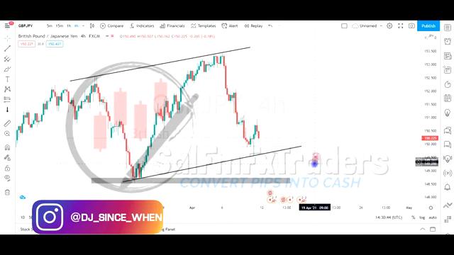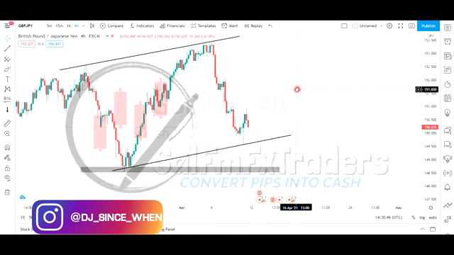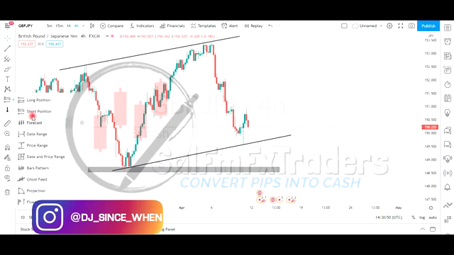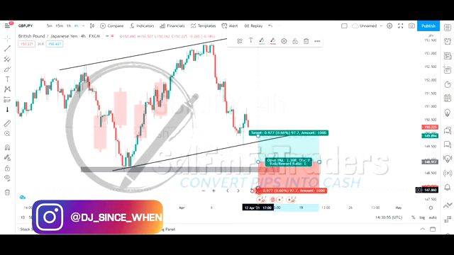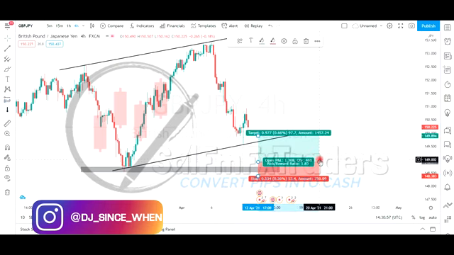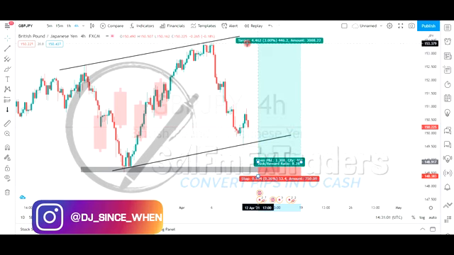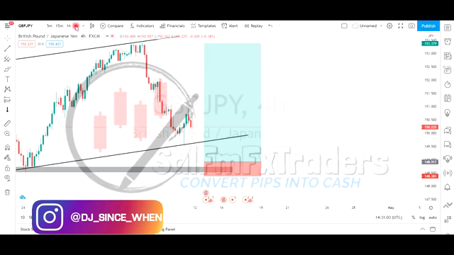But currently I'm looking for buying opportunities. Should the market shoot down first, then I would know that my entry will be somewhere right here, and then I will continue all the way to the upside right there. As I'm scaling down to 1 hour,